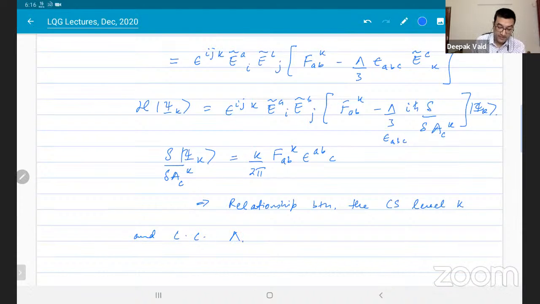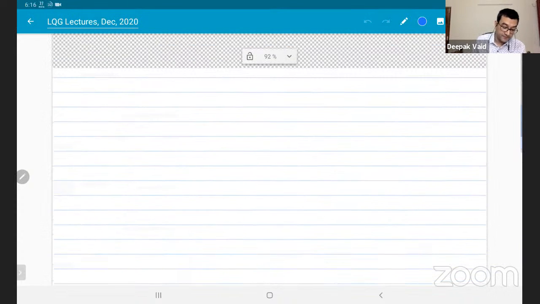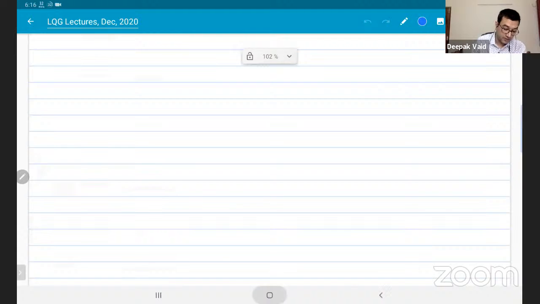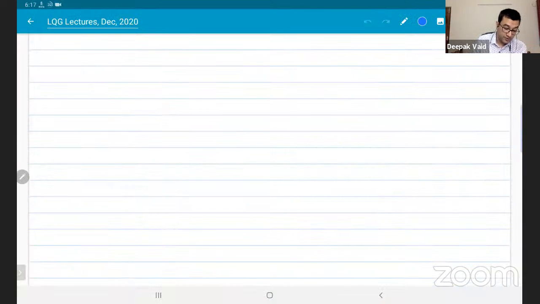And this has a very interesting implication, which is that in the quantum theory, this Chern-Simons action is gauge invariant, right? But if you consider the quantum theory, so